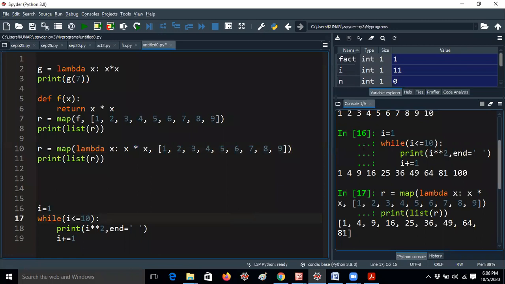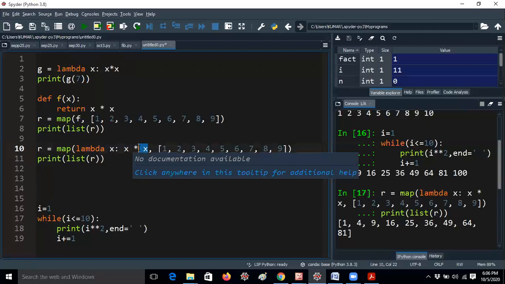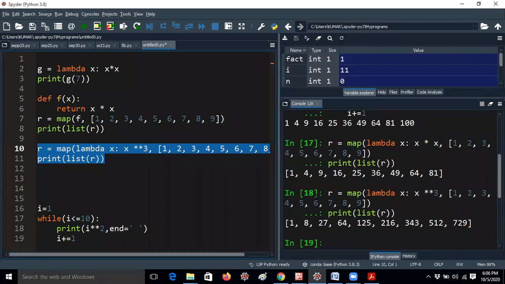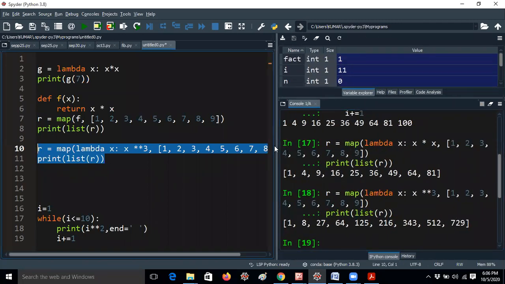Very good, Mehasuda. Very good, excellent Ambika. You can give x into x into x, yes, very good. So many students are giving examples. You can use pow also. Yes, obviously you can use a lot of examples, guys. So if I'm giving x double star 3, now I'm running the same program. Now I'm getting 1 cube, 2 cube, 3 cube like this, so 7 cube, 9 cube and all.